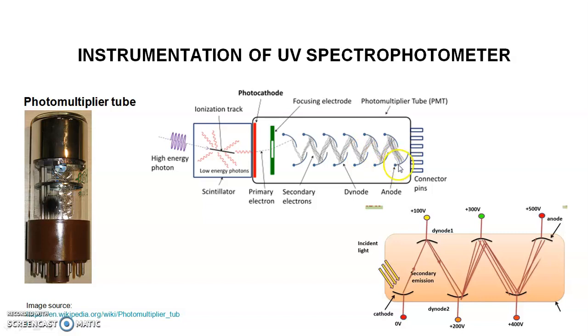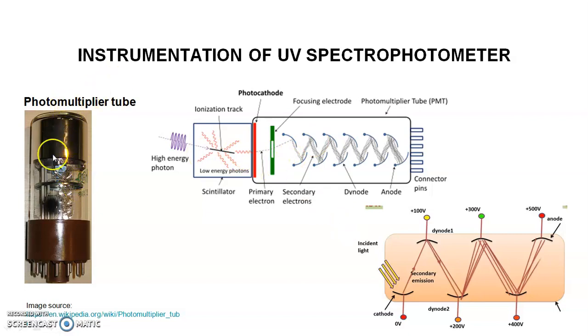The number of electrons reaching the collector is the measure of the intensity of the light falling on the detector. So the amount of electrons reaching this anode signifies the intensity of the light that is reaching the photocathode. This is how the photomultiplier tube works, and the diode is a special component in this particular photomultiplier